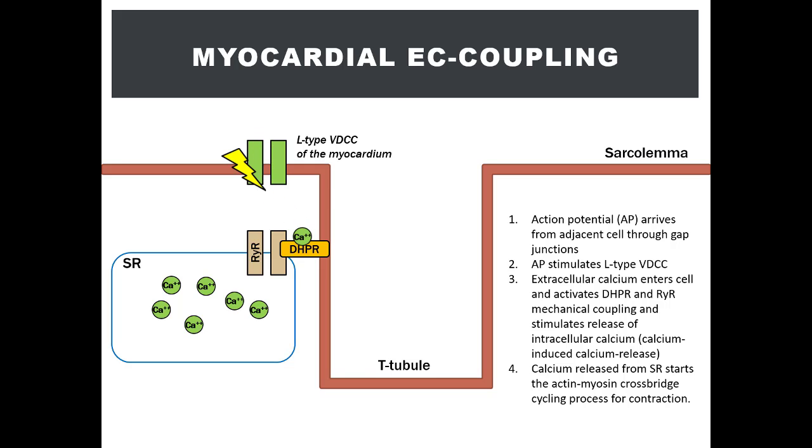Now, once the calcium enters, it is going to cause a slight depolarization of the cardiac muscle cell, which triggers the dihydropyridine receptors, or DHPRs. This in turn will open the bottle cap of the sarcoplasmic reticulum called the ryanodine receptors. Now remember, the sarcoplasmic reticulum, just like skeletal muscle, holds intracellular calcium ions. The calcium from the SR will then exit, and the rest is just like skeletal muscle contraction in that calcium will bind to troponin on the thin filament and cross-bridge cycling will occur, causing a contraction of that myocardial cell.